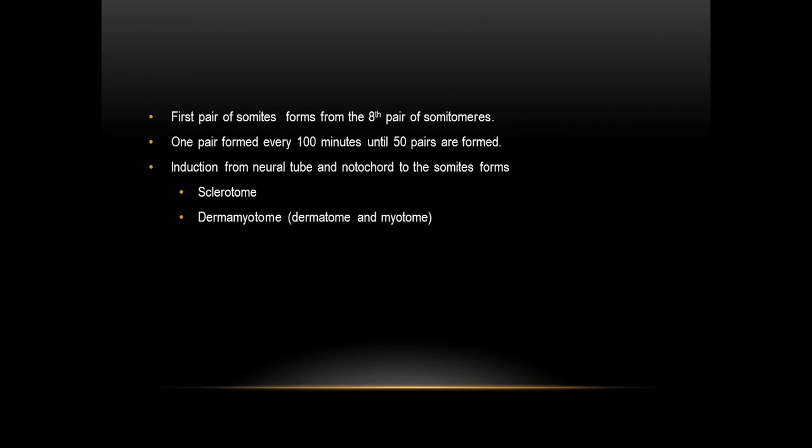So they will lose their epithelial characteristics, they will transform into secondary mesenchyme, and they will migrate. Or to be more exact, they will emigrate from the somite towards the ventral side of the neural tube and towards the notochord. So these sclerotomal cells